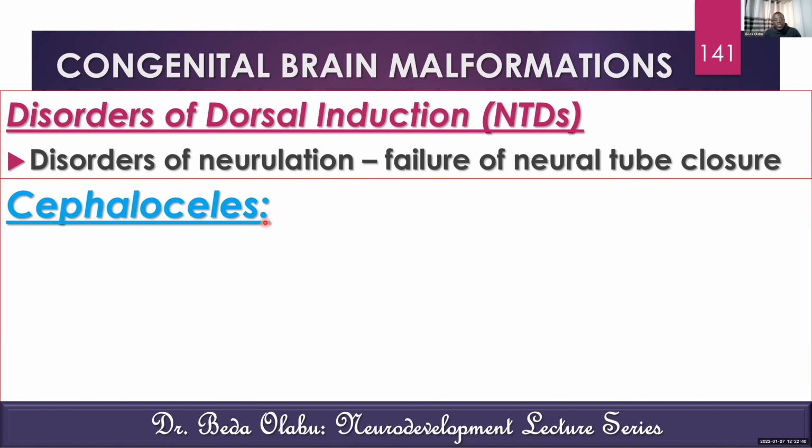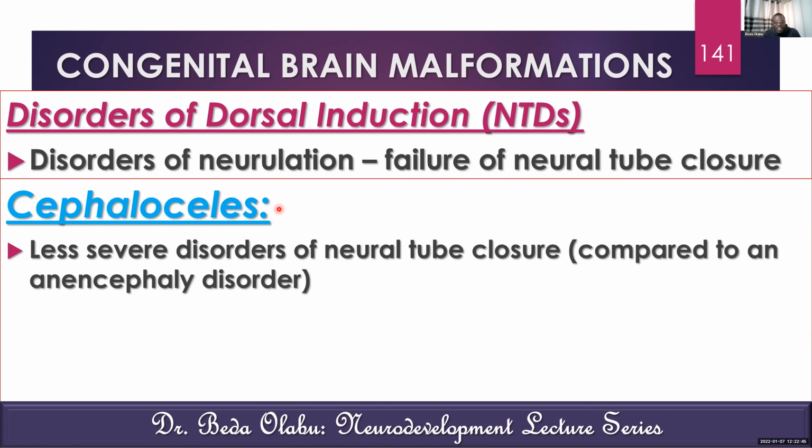Closely related to that is cephaloceles. Cephaloceles are less severe disorders of neural tube closure. So in cephaloceles, there's just a small portion that did not close. It's not the whole cranial neuropore that did not close, but maybe just a small part that had a problem with closure. So if you compare them with anencephaly, cephaloceles are less severe, and so they are actually compatible with the